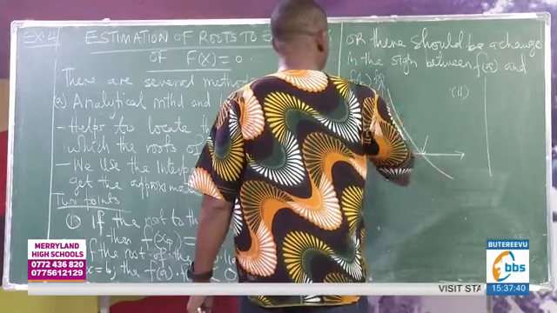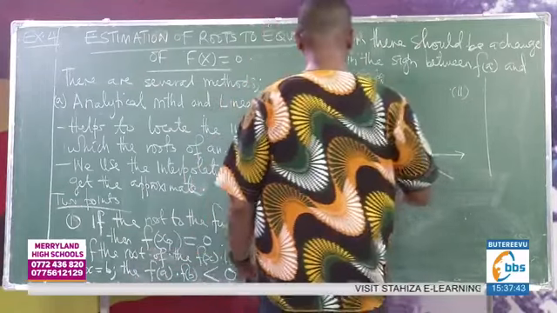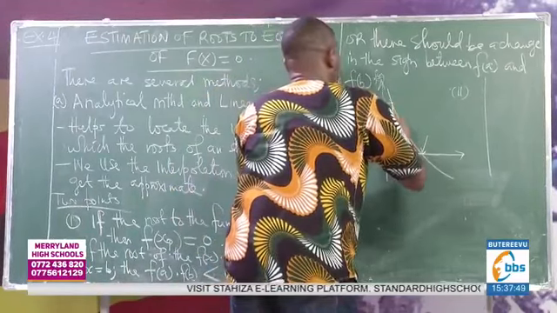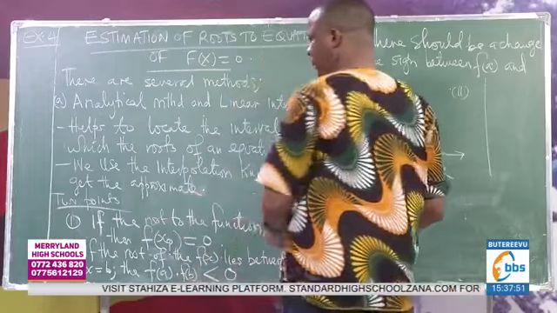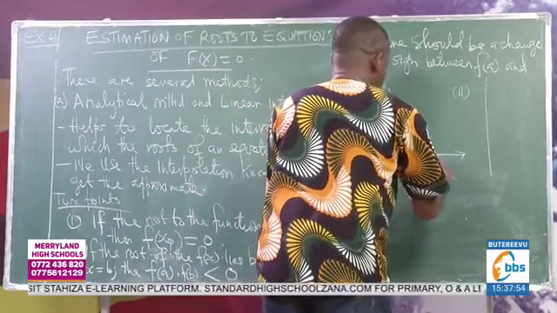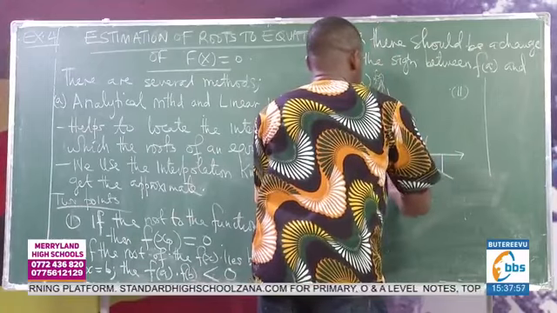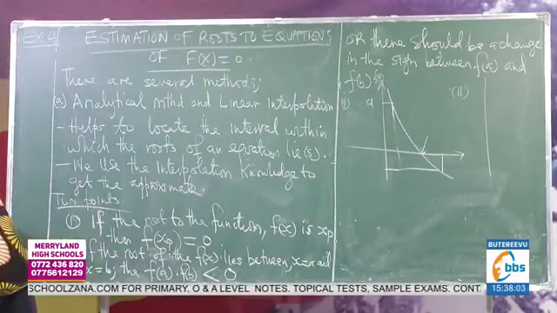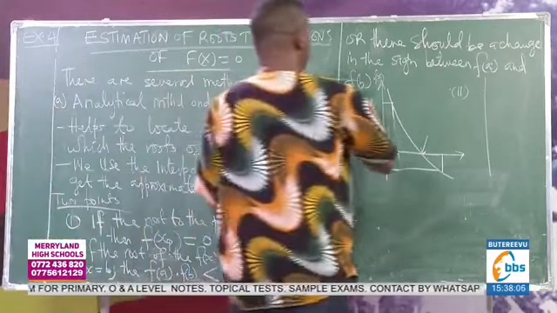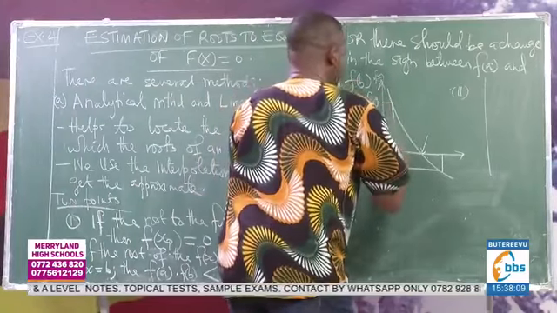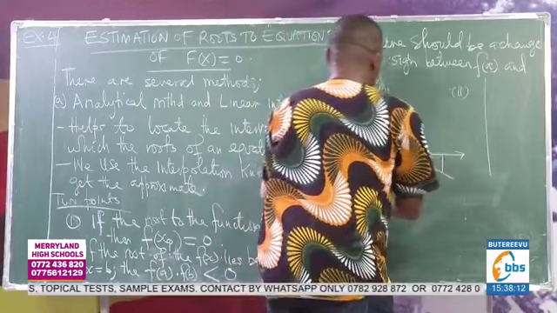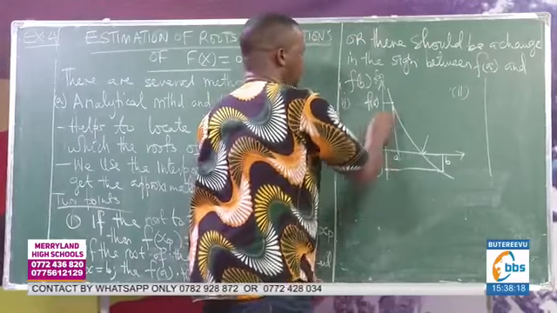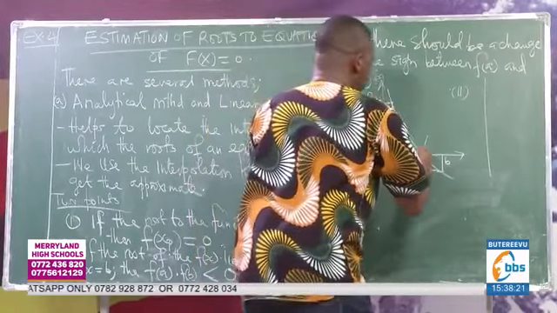If a is here, then the corresponding value can be somewhere there. If this is f of a, this would be a, and if this is f of b, this would be b, meaning that this is negative and this is positive. And the root would be the point